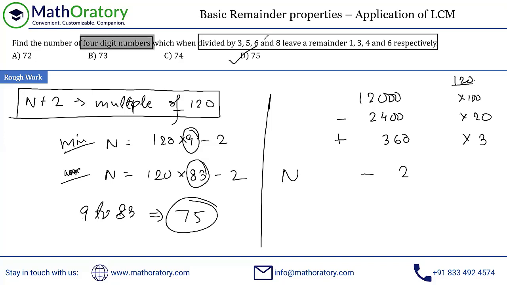So the counting should be as simplified as possible. This seems like I've done a lot of steps, but this is very fast. If you try it yourself in these kind of questions, you'll observe that this becomes very, very fast to calculate, because this 12,000, this 2,400, and this 360 is not tough to do. I mean, just write this on the paper. Maintain the levels properly so that it's visually easy to understand.